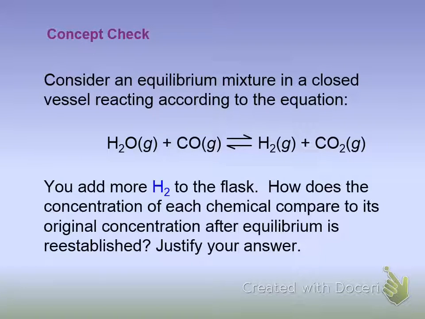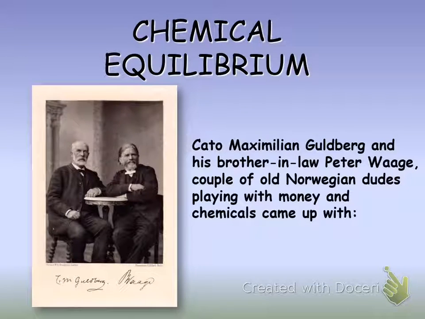What happens if you add H2? It'll be pushed to the left. So we would say that this equation will be pushed to the left. So we don't have to remember that, but